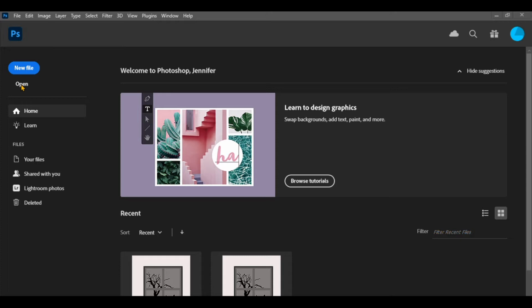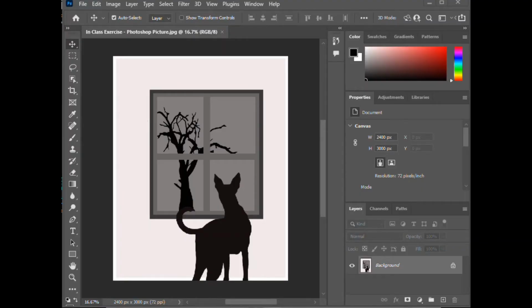So I've tried to shrink my display down so we can see most of the features, but the first thing we're really going to do is take off things we might not need right now. This should be a fairly standard setup when you begin. As I go up to color, swatches, gradients, and patterns, I'm not going to need those necessarily right now. So you can keep them, you can throw them. I'm certainly going to get rid of